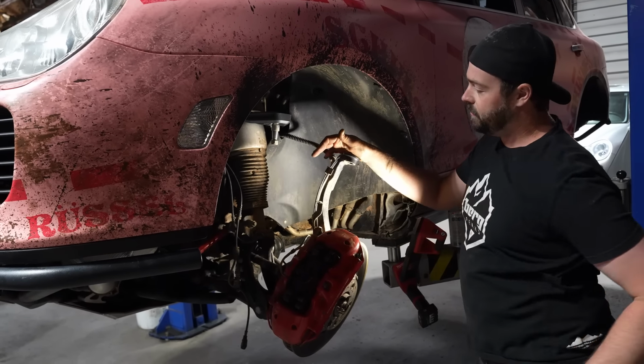So here we have the strut with the top plate pulled off of it. You can see on the ridge here, there's this crack that goes all the way around. And if I flex it, you can see it a little bit more. So this hasn't torn all the way through, but it's on its way to doing that. And if we left this in here, maybe it'd be 20,000 miles, but...